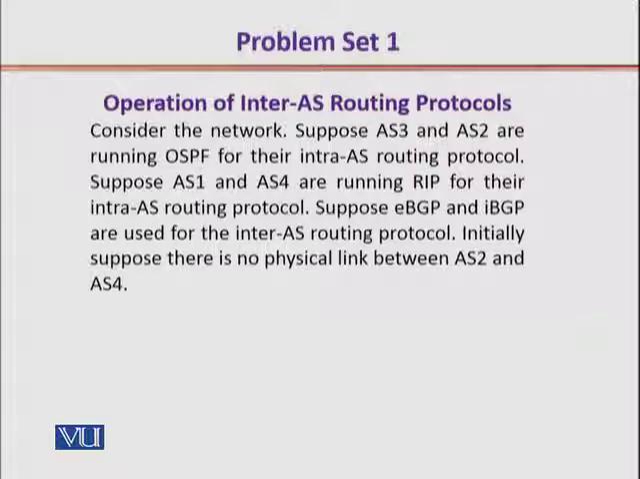Suppose autonomous system 3 and autonomous system 2 are running open shortest path first for their intra-autonomous system routing protocols. If autonomous system 1 and autonomous system 4 run routing information protocol as intra-autonomous system routing protocols, and also suppose that exterior BGP and interior BGP are used for inter-autonomous system routing protocols. If you would have noticed, there's no initial link between autonomous system 2 and autonomous system 4,